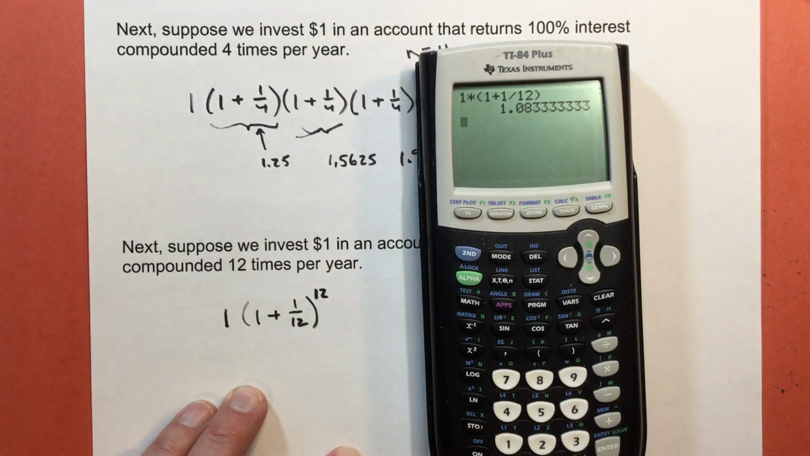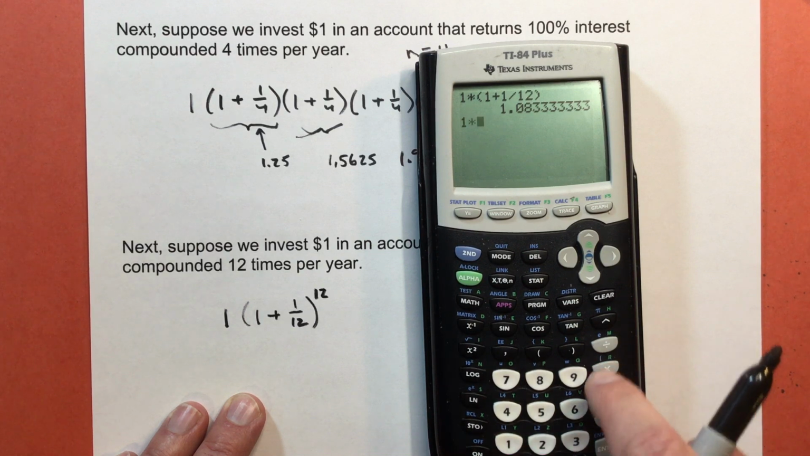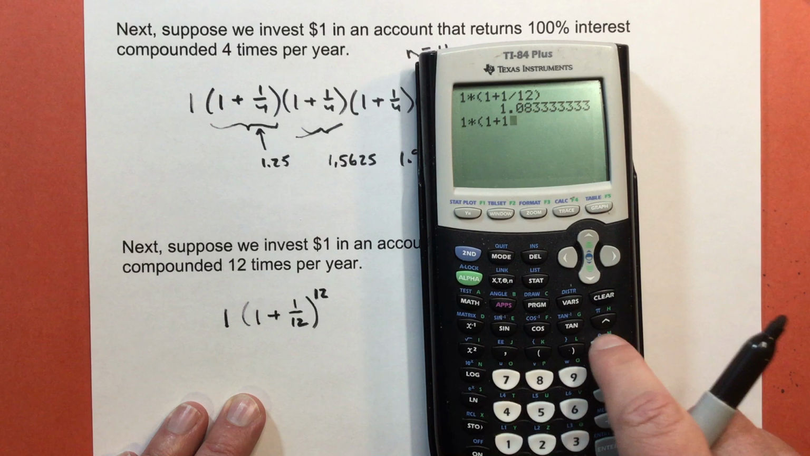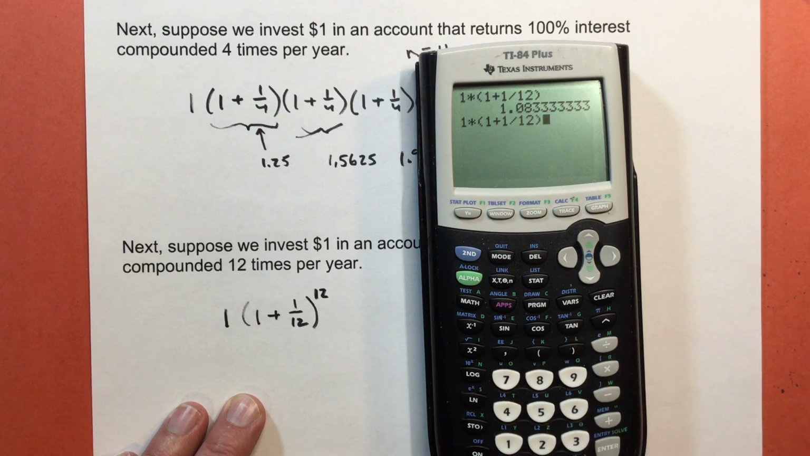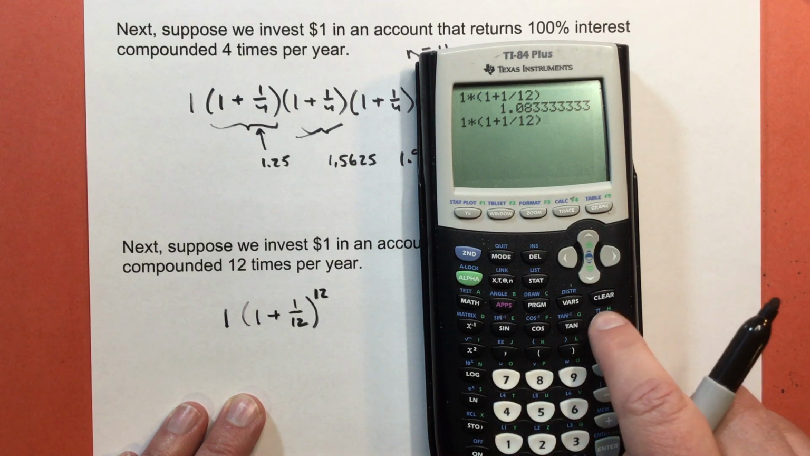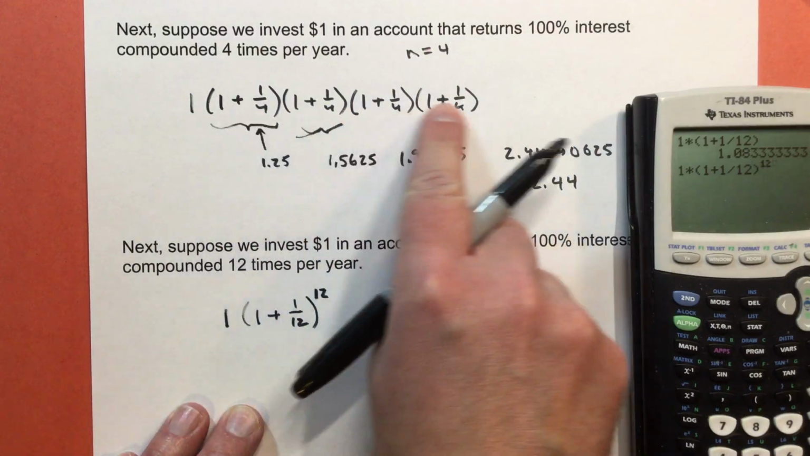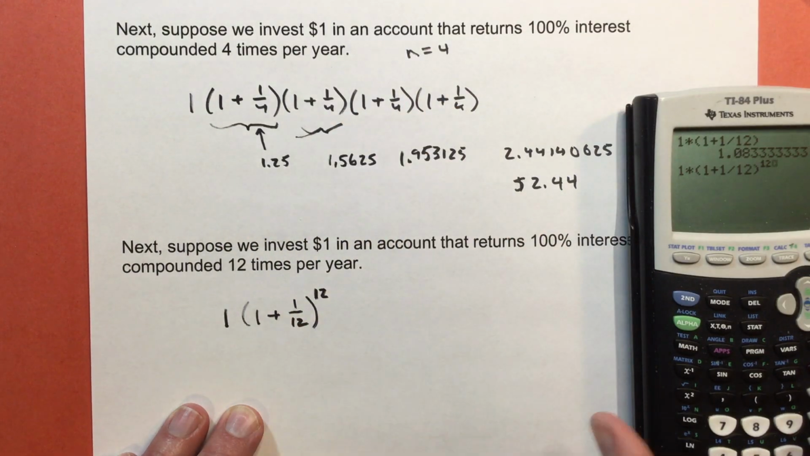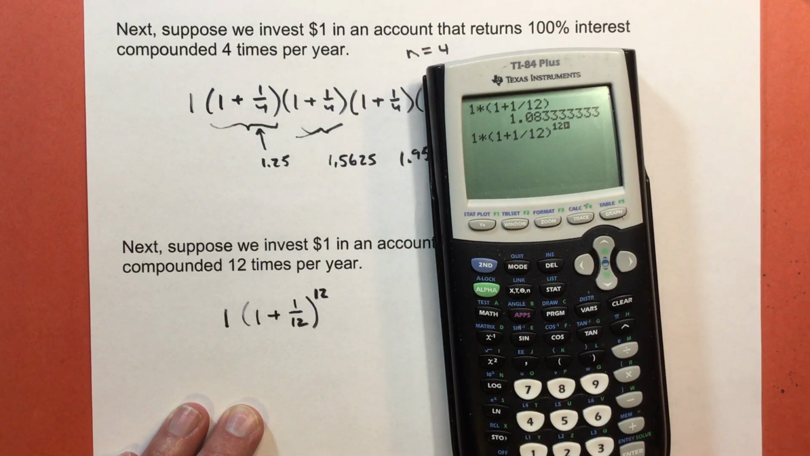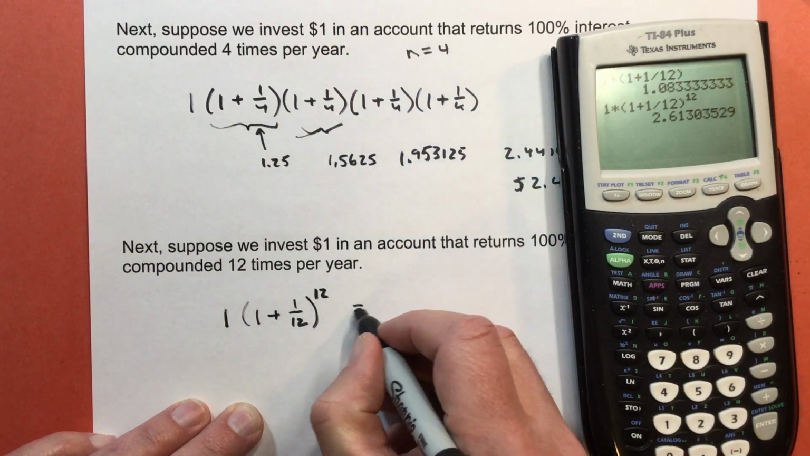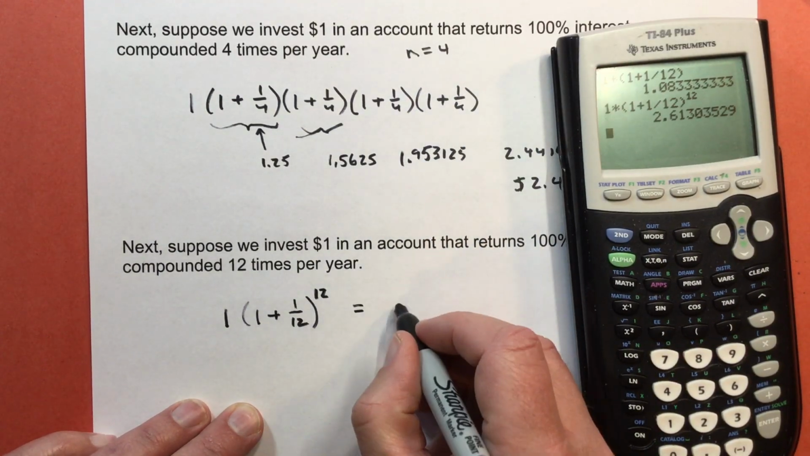Okay, let's see how much this is going to be. I'll put it in just like this. 1 times parentheses 1 plus 1 divided by 12. Close my parentheses. And I'm going to raise it to the 12th power, which means like this one was to the 4th power. So I've got 12 of these. I'm just using it as a way of not having to write it over and over again. Check this out. That means that my account after a whole year is now worth